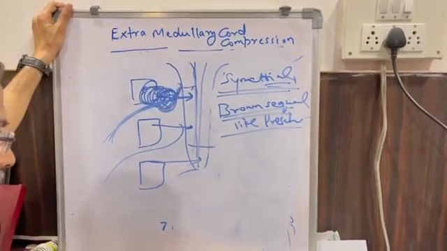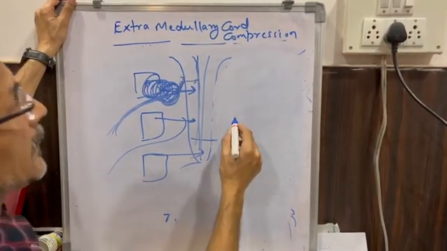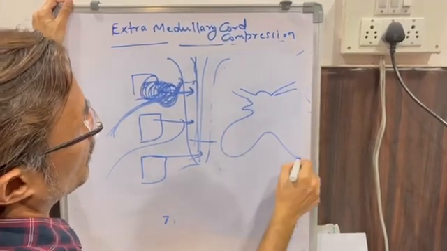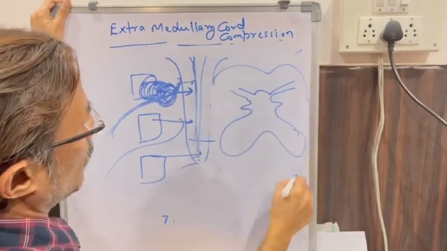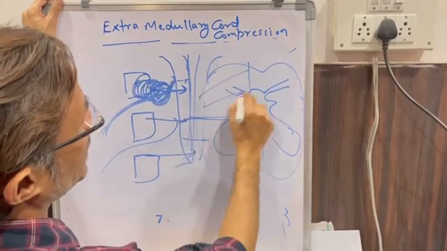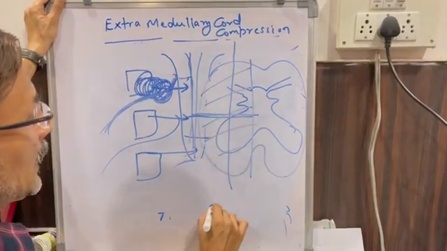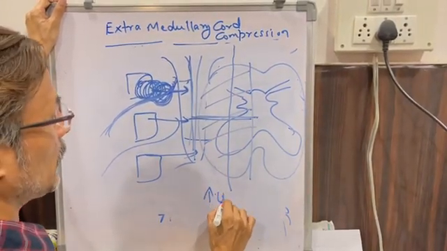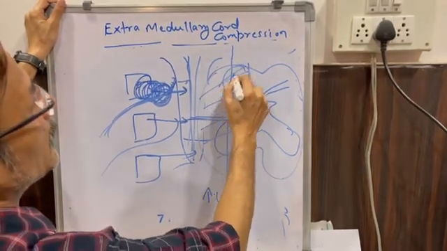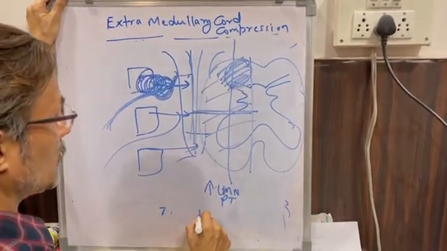Brown-Sequard syndrome. What is this Brown-Sequard syndrome? It is seen in extramedullary cord compression. It is on the ipsilateral side. On the ipsilateral side, it's like the lesion is coming like this. So it's a type of hemisection of the spinal cord. The lesion is coming from outside within. So on the ipsilateral side of the lesion, you will get a plantar extensor because of upper motor neuron, pyramidal tract involvement, and on the ipsilateral side, due to involvement of the tract of Goll and Burdach, that is the dorsal column, you will be having loss of proprioception.